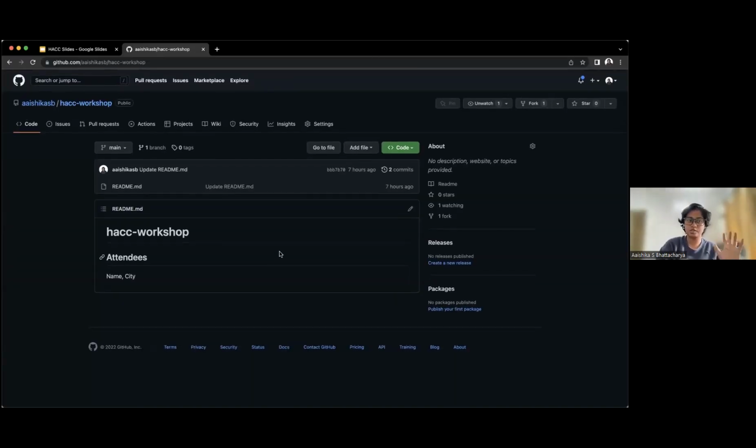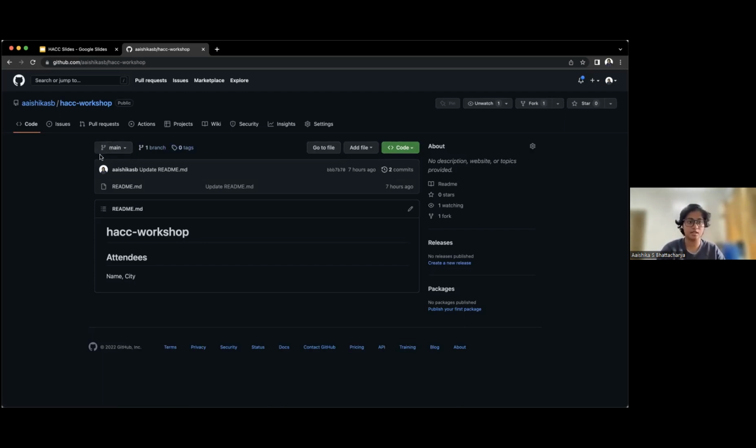So this is the repository that we are going to be contributing to today. The first step here is to fork the repository. Somebody has already forked the repository, which is great. Now, after you're done forking the repository, you can go to your own fork. I cannot fork my own repository, so I won't be able to create a branch on another fork. So I'll just tell you how you can create a new branch.